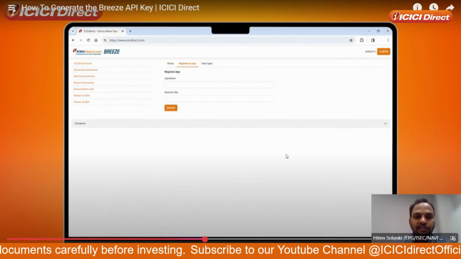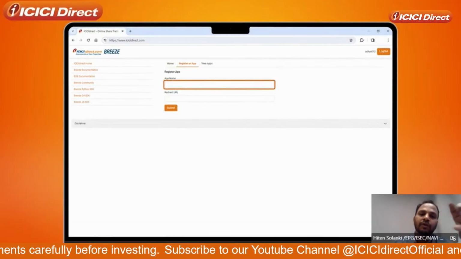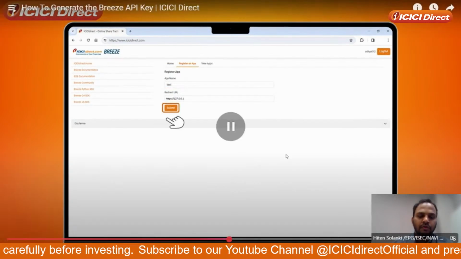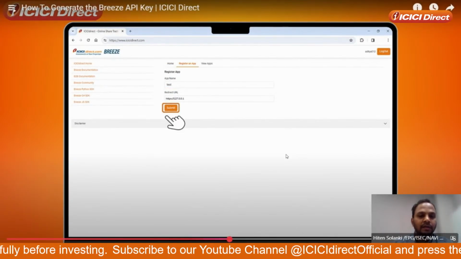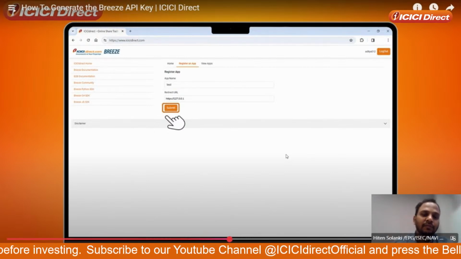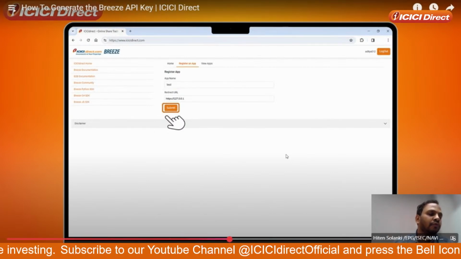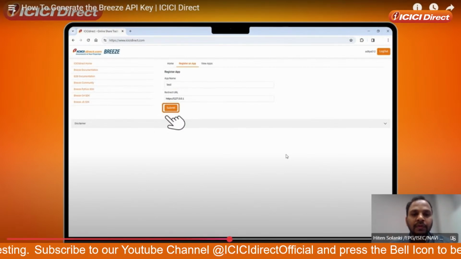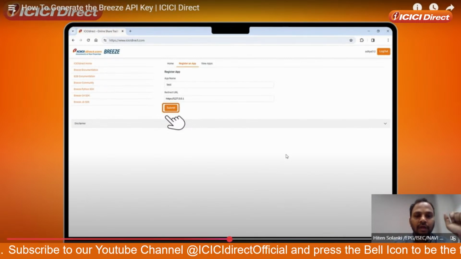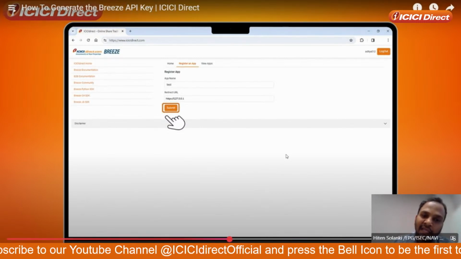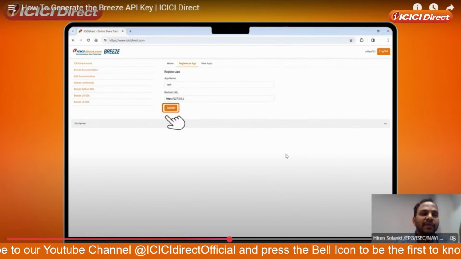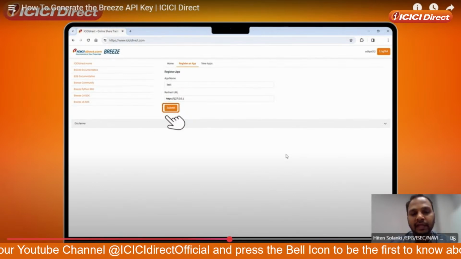So you need to go to register an app. You need to write a name here. You can write any name, but write a name which you can identify. Suppose I write ORB, because right now I'm going for the ORB. So you need to write ORB here. Then the redirect URL. So what exactly is this redirect URL? Redirect URL basically means, like I have told you,